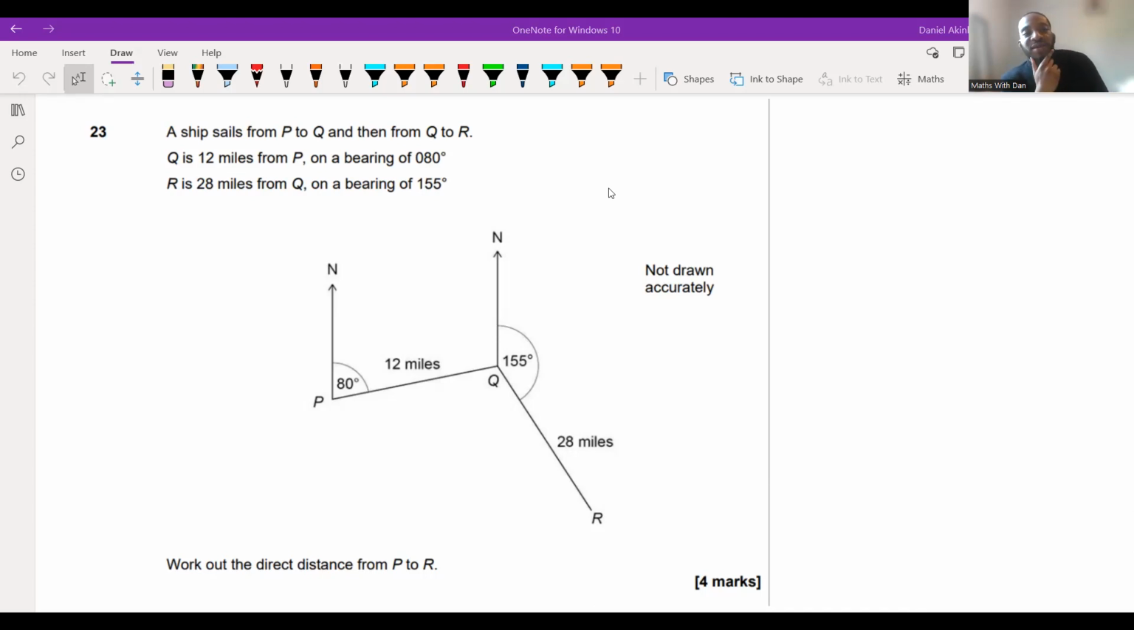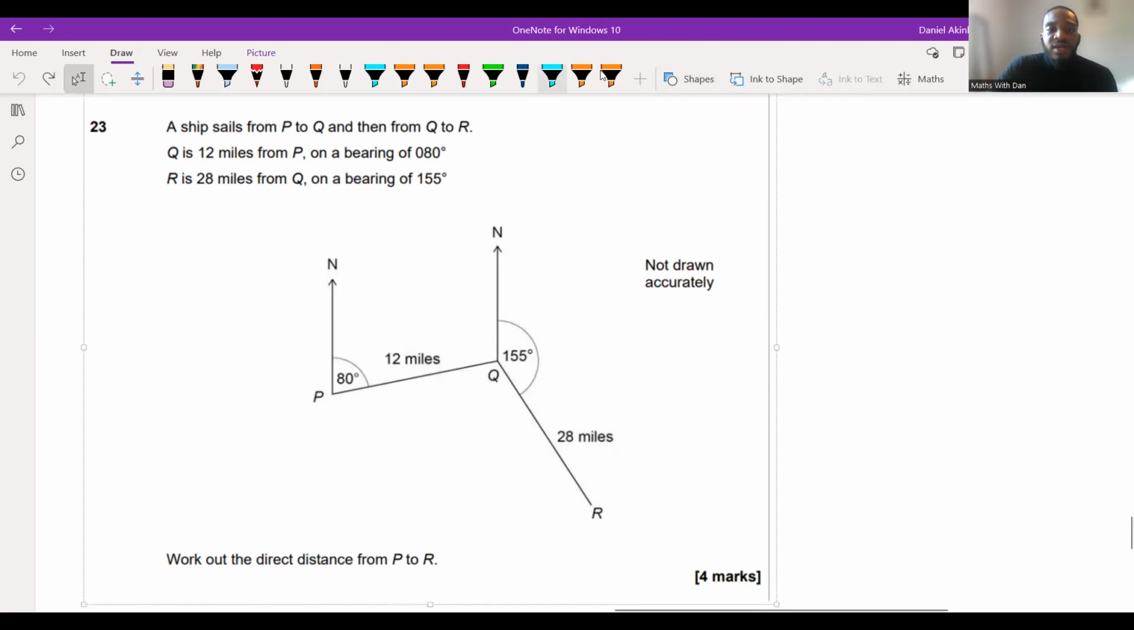So it says a ship sails from P to Q, then from Q to R. Q is 12 miles from P on a bearing of 80 degrees. R is 28 miles from Q on a bearing of 155 degrees. It says, work out the directed distance from P to R. Okay. Well, what I would do, even if I don't know what's going on here, well, where is P to R? That's just that line on the bottom. Now, if I draw a line from P to R, like this, whoops, like this here,